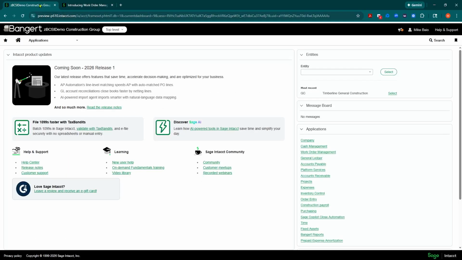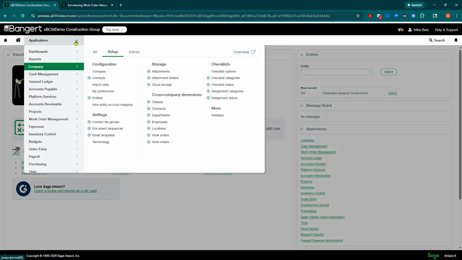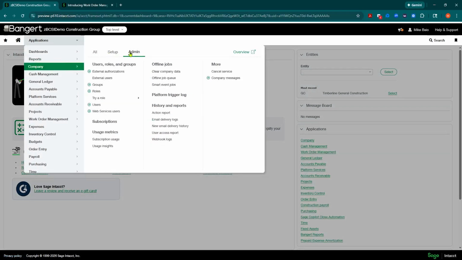The first thing you're going to need to do is enable that over in your subscription area. Now, if you have the construction edition for Sage Intacct, you're going to be eligible to enable that right out of the gate. If you don't have the construction edition for Sage Intacct, you're going to need to reach out to your Sage Intacct business partner and talk to them and ask them how you get this enabled for you. So in this instance here, I'm going to go into the setup area in the system. I'm actually going to go over to admin and under subscriptions.